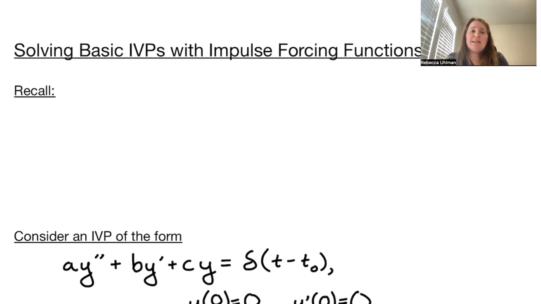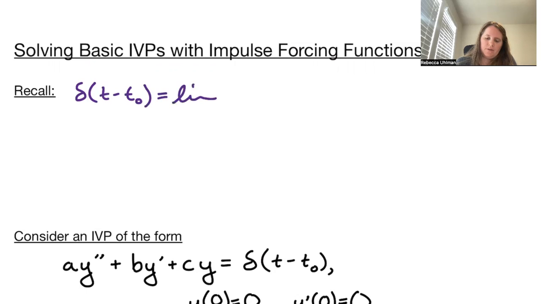Welcome to solving basic IVPs with impulse forcing functions. So recall, we defined essentially delta of t minus t naught